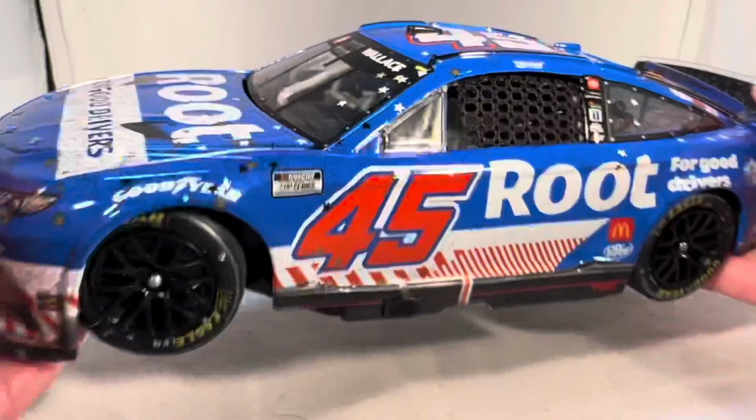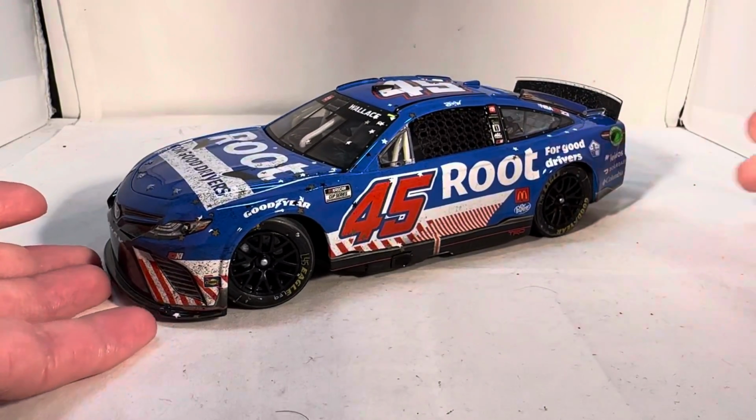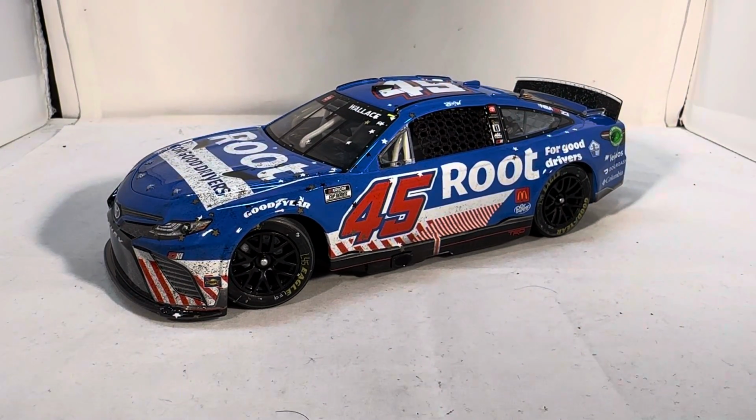the fact that, like I said earlier, this is the only way to get this paint scheme. There were a lot of those last year. We already have a few this year. Like, both of Kyle Busch's wins this year are unique paint scheme diecast. Technically, Joey Logano's Auto Trader win too, because that one got DNP'd. What else? Christopher Bell's Bristol Dirt win was a unique paint scheme that wasn't getting produced otherwise. I'm sure I'm forgetting a couple more than that, but it's funny how the last couple years